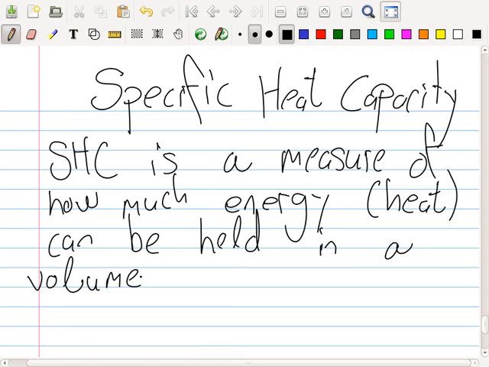I think there's actually a table here. So if I look at this table, I can see that alcohol has a very high specific heat capacity, and so does wood and probably stone. And metal has a low specific heat capacity. And the reason it has a low specific heat capacity is because there's not strong bonds.